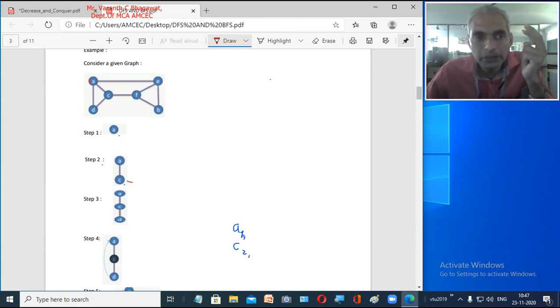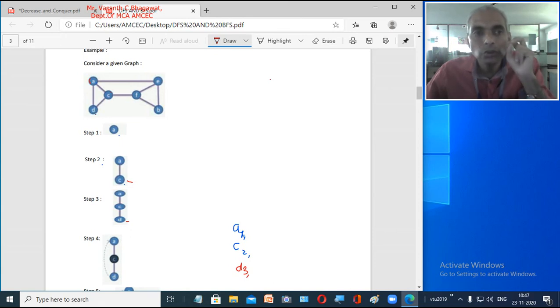So which will we take first? We will take D. Alphabetically D comes first. So in step 3 we go to D. From C we draw a line to D. You have to write this also, and we are constructing a forest simultaneously in this example. D is the third node we are going to visit, so for D we write 3 comma. So right now we are at D.